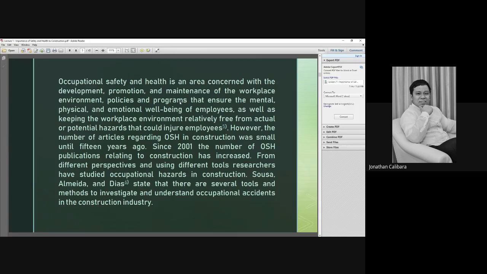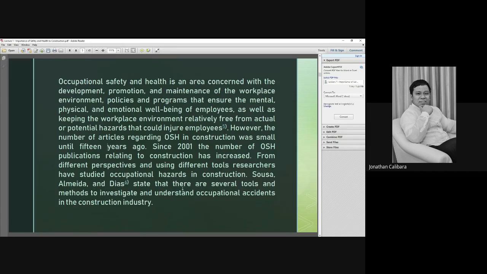However, the number of articles regarding OSH in construction was small until 15 years ago. So meaning to say, research about safety is less. Why is that so? The number of articles regarding OSH in construction 10 years ago. Since 2001, the number of COSH publications relating to construction has increased. From different perspectives and using different tools, researchers have studied occupational hazards in